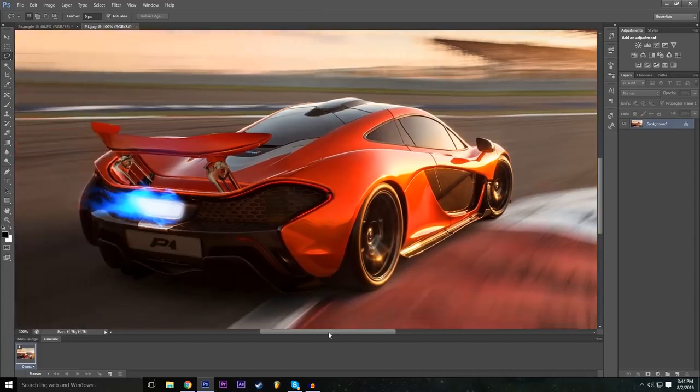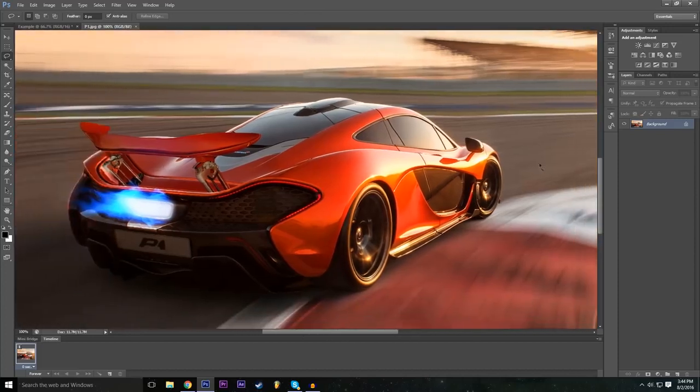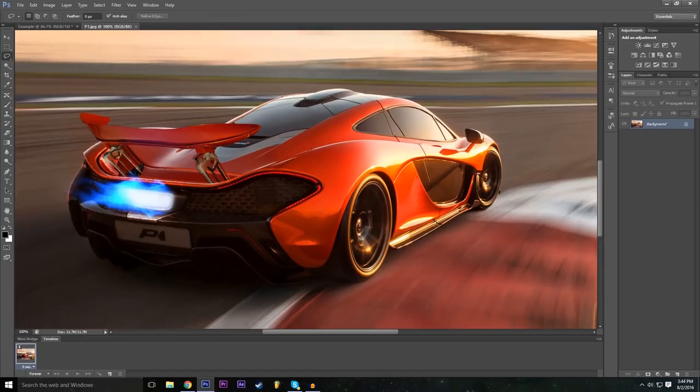And once we're zoomed in, we're going to have a nice shot of the McLaren. So basically just zoom into a point where the biggest part of the image is the focus that you want to duplicate. Now we're going to outline this McLaren P1 with the lasso tool selected. We're going to outline it starting from here, and we're going to do a bit of a sloppy job. It's not very important to be very precise. All you have to do is click and drag with your left mouse button